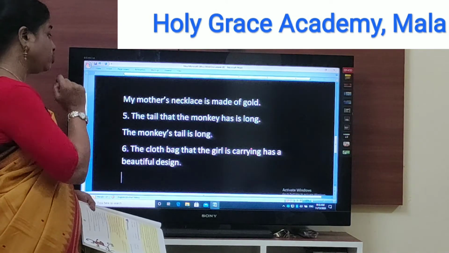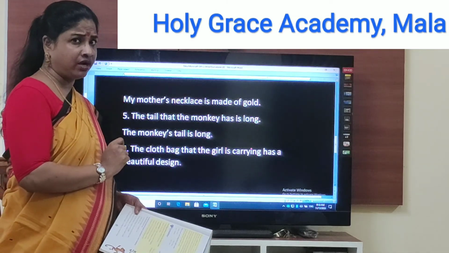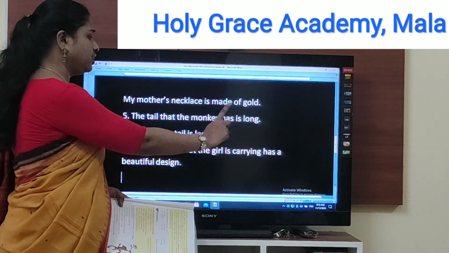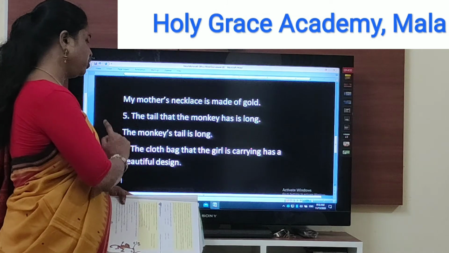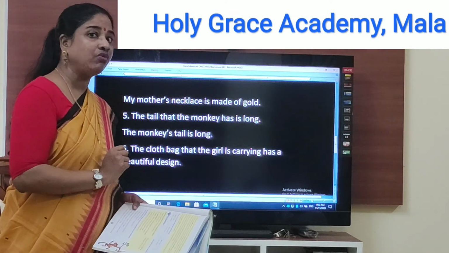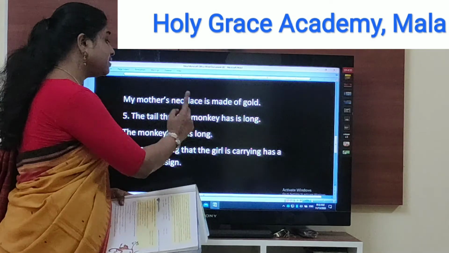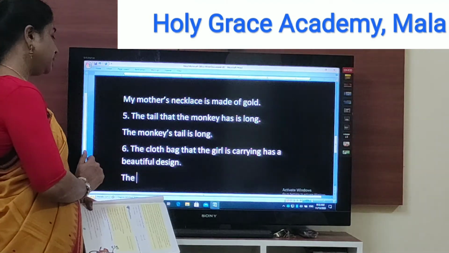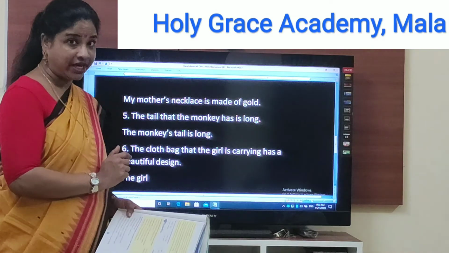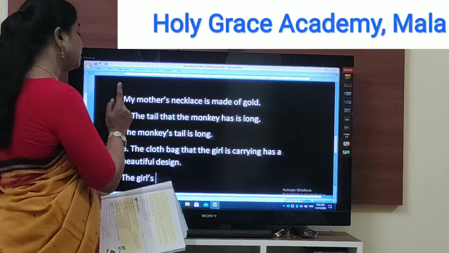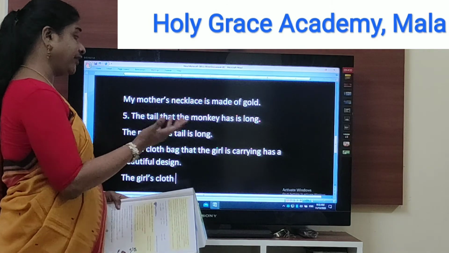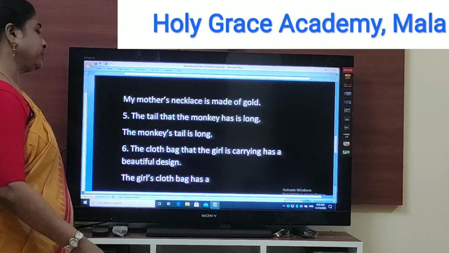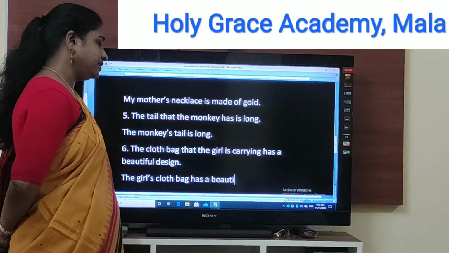So let's take the last one. Let's see if you can find out the answer. I think you already guessed it. The cloth bag that the girl is carrying has a beautiful design. So who is doing the work in the sentence, children? It is the girl. So let us begin with the girl's apostrophe S cloth bag, and then we go to that part of the sentence, has a beautiful design.